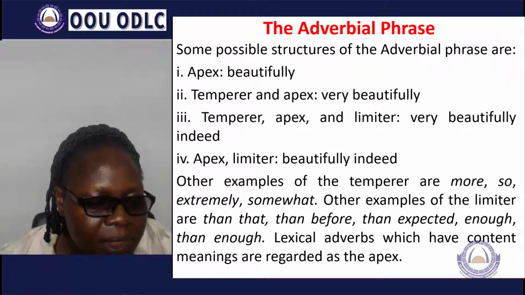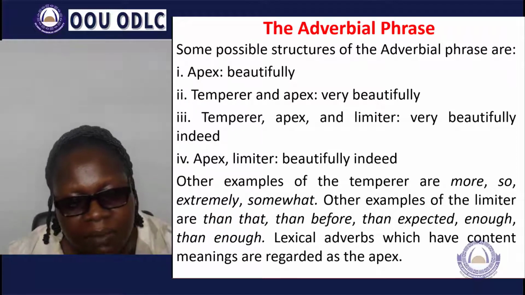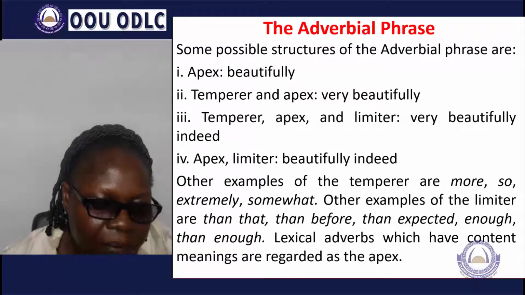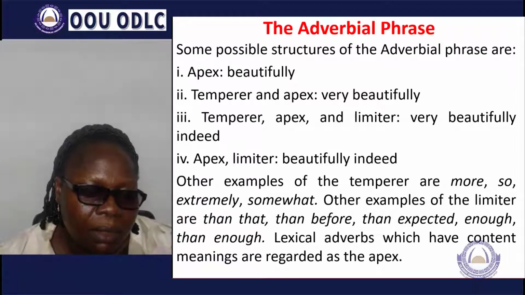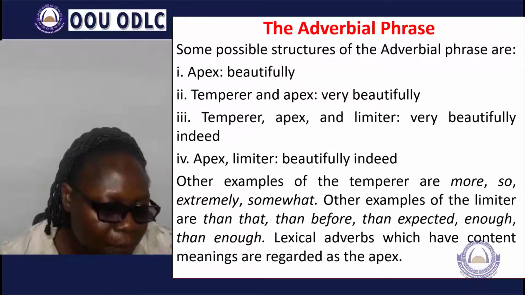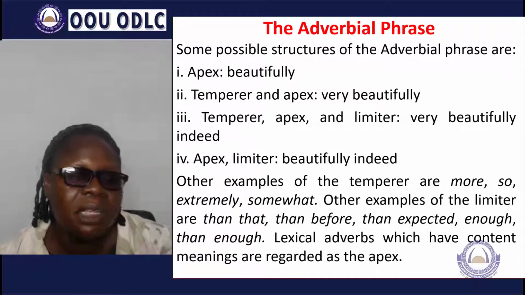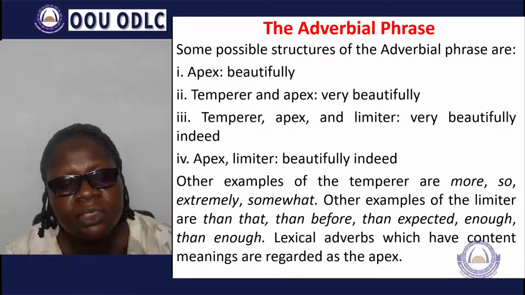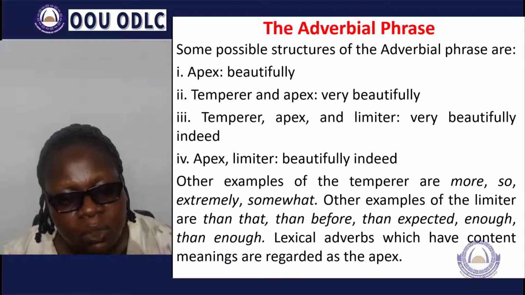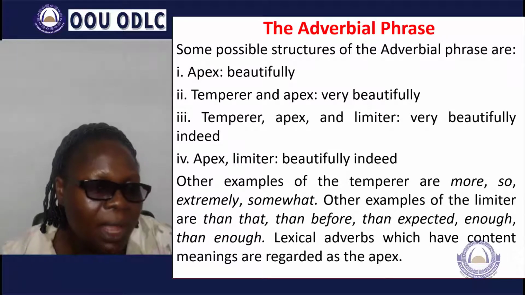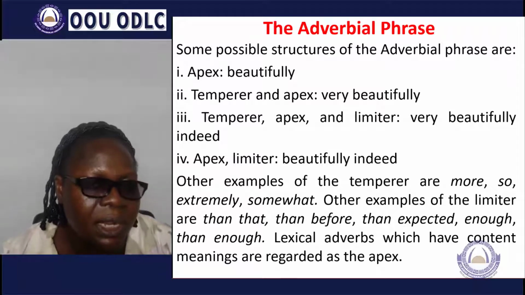You have to understand the fact that the apex is very important, and we cannot do without it. We cannot do without the apex in the structure of the adverbial phrase. All the other elements within the structure, that is the temporal coming before the apex, and then the limiter coming after the apex, those two elements are optional, they are not obligatory, but the apex is very important. And that is why the apex is usually an adverb, and also that is why the structure is an adverbial